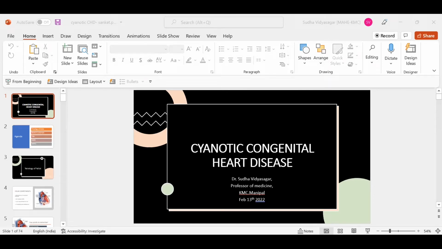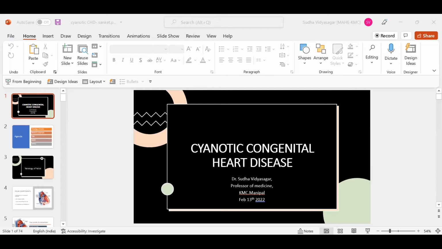In the last class, we talked about acyanotic heart disease. So I thought to complete the chapter on congenital heart disease, we'll go on to cyanotic heart disease in this class. This is, of course, an important chapter for the examinations, though it's not a common disease that you encounter in real life. So probably this is the most exam-oriented class that I have taken in this series, but I'll try to make it